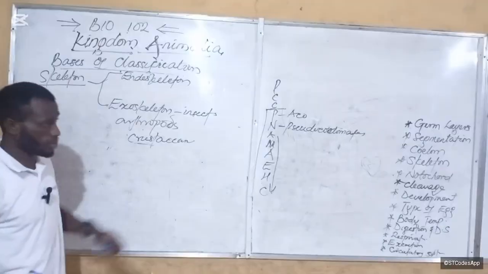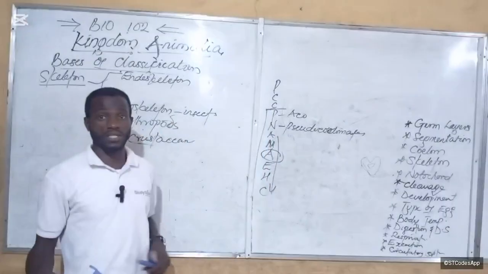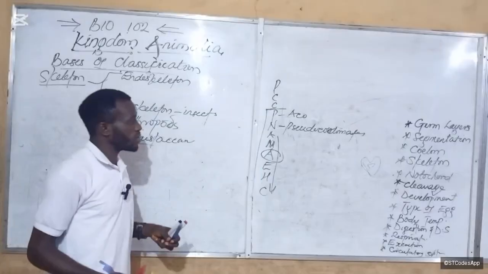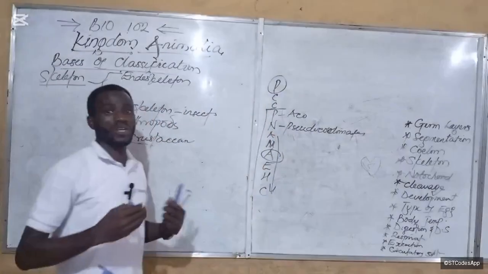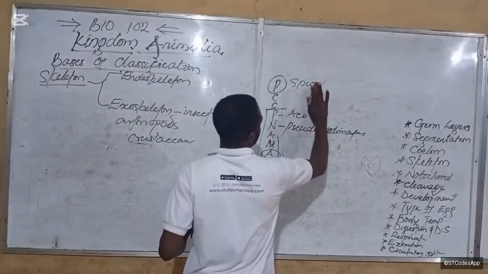Now there are other organisms that actually possess what looks like exoskeletons too. For example, in the poriferans, you see spicules. Spicules act as